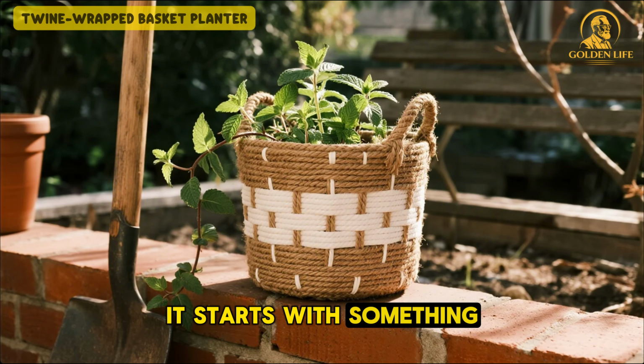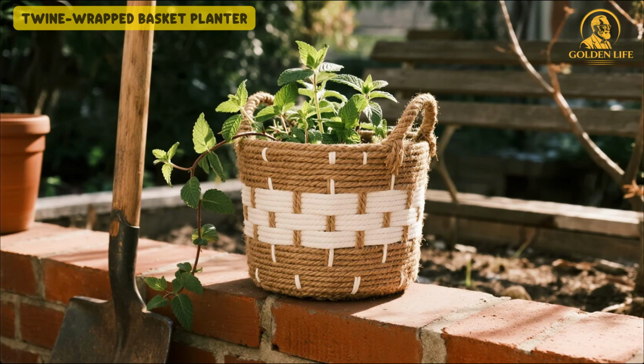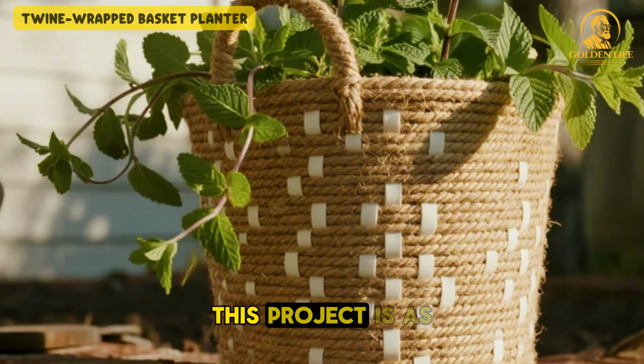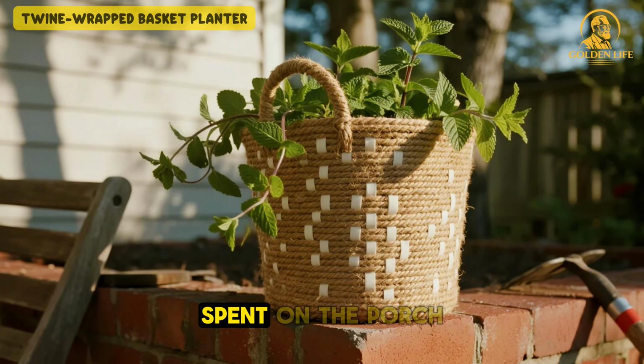It starts with something surprisingly humble: a plastic laundry basket from Dollar Tree. The kind you might have once used for folded towels, now given a second chance. Add to that a roll of jute twine, also from Dollar Tree, and a few flexible strips cut from a clean recycled milk jug. This project is as gentle and rhythmic as it is beautiful, perfect for an afternoon spent on the porch or